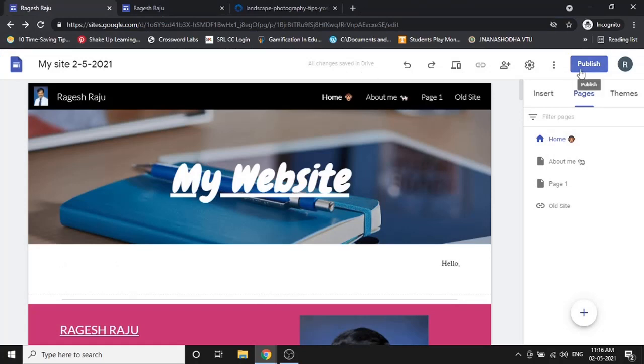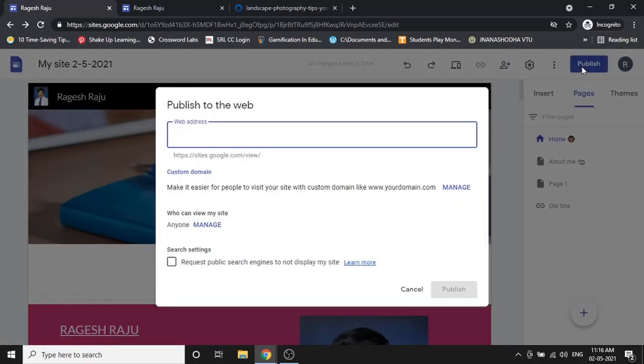Okay, next option: now we are done with your website. I just wanted to show how it can be published. We will see how to publish it freely. I click on the publish option. When I click on it, it will ask for the website address. Any address you can give. I will type something randomly. It doesn't matter what I am typing, because we will be redirecting from a different page.